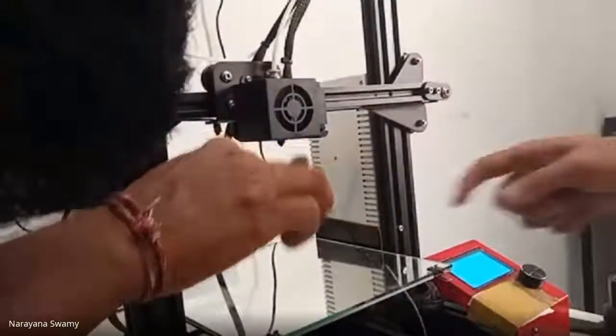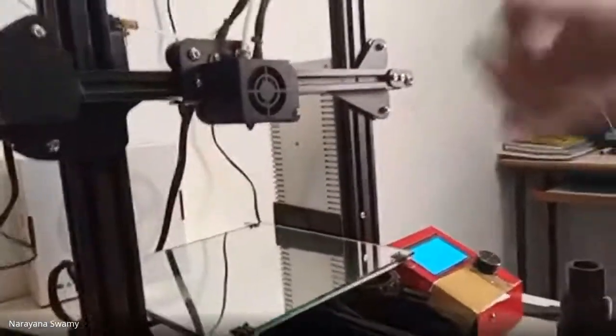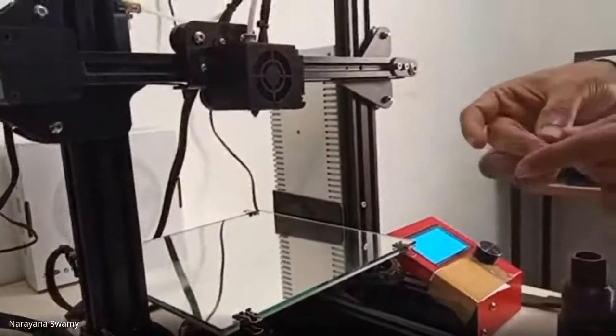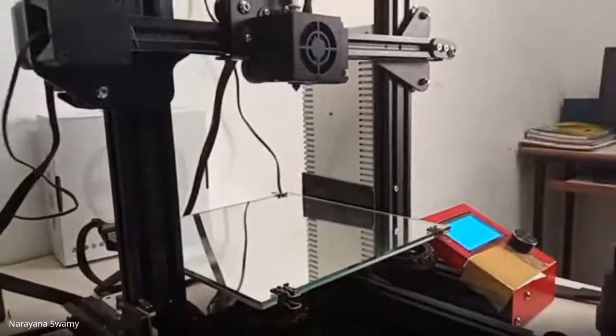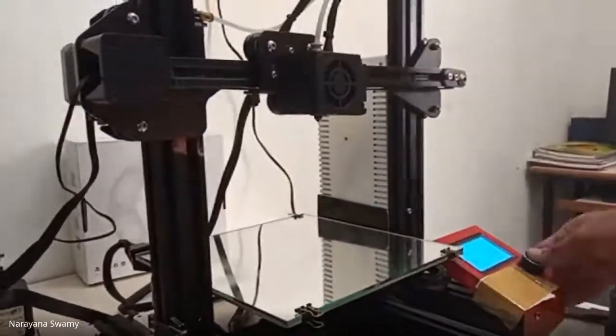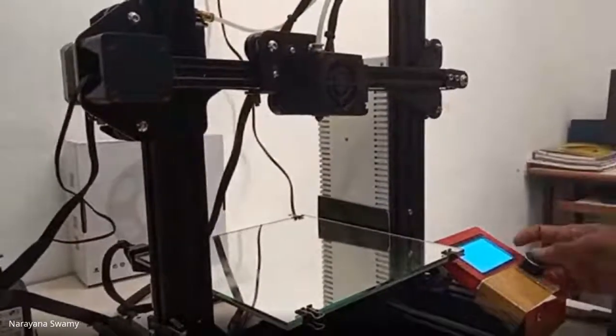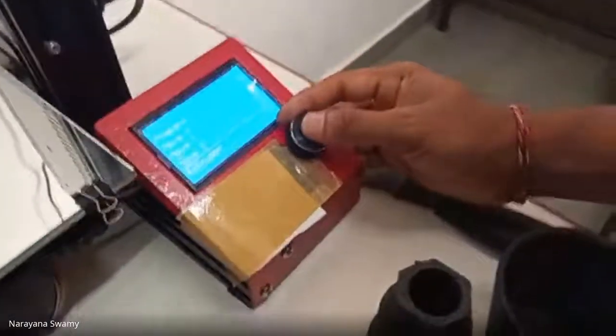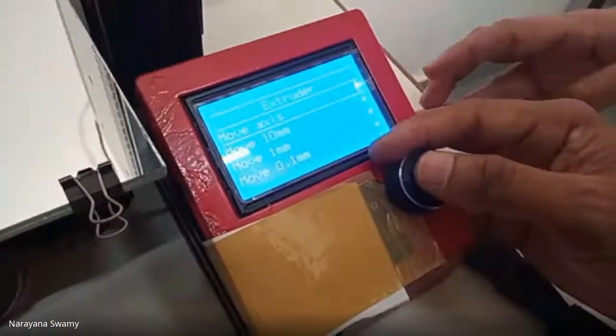Okay, so we have to remove that one, cut it. Whatever was previously there in the extruder, in the heater, is going to be removed. Next we have to initialize it. So we come to the extruder.